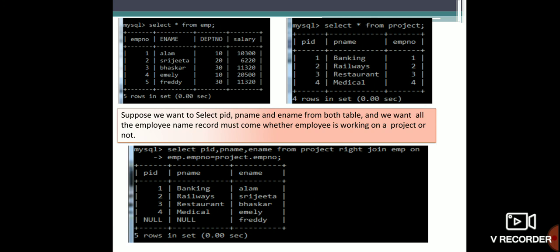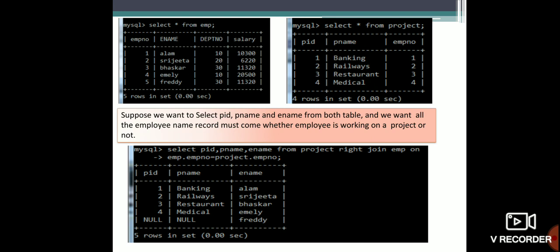Here I want to show only PID, P name and E name. So what is the common part here? Employee number is the common part. We have to remember this. So select PID, P name, E name from project right join employee on employee dot employee number equal to project dot employee number. So what will be the output?